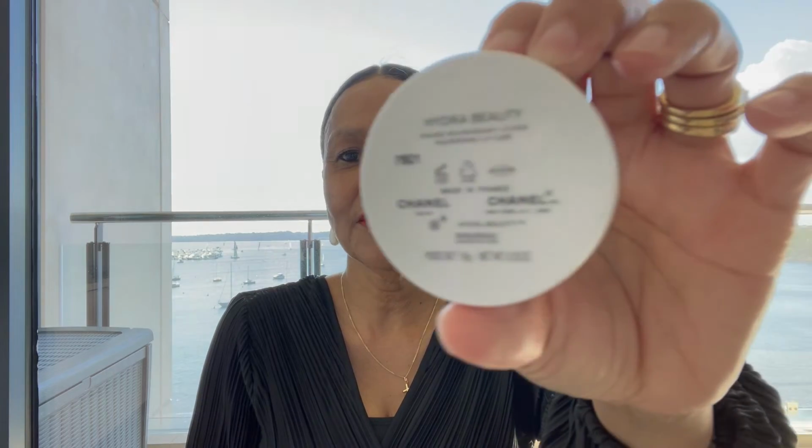And as you can see, Chanel's written at the back. Very hard to see that, but that's also something that I bought. And I bought the 2 eyeshadows, this lip balm,